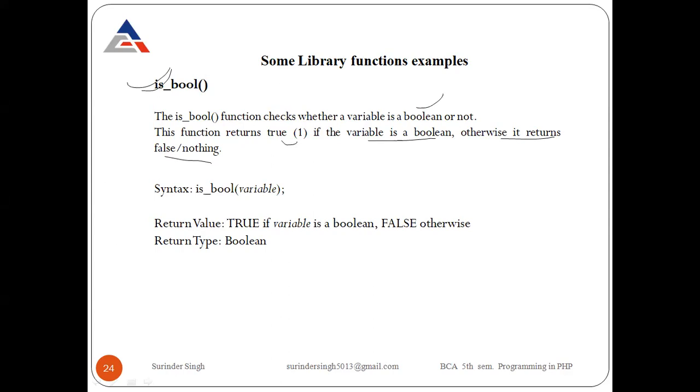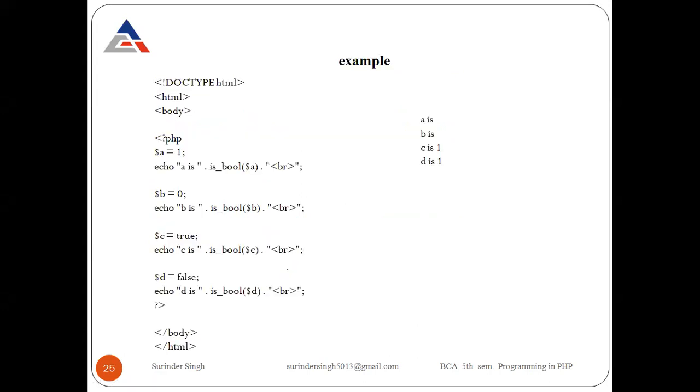The return value is true if the variable is a boolean, false otherwise, and the return type is boolean. Clear? The value which the function returns after execution is of boolean type. Now here is the example of this function. a equals 1. This is of integer type. 1 is of integer type, and we are checking is_bool a. Now it returns